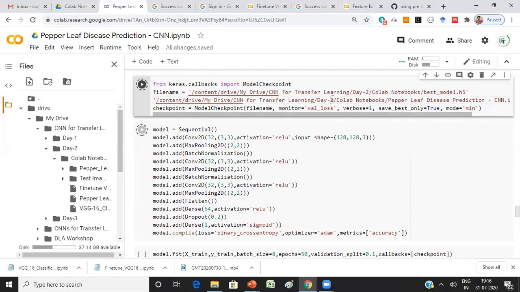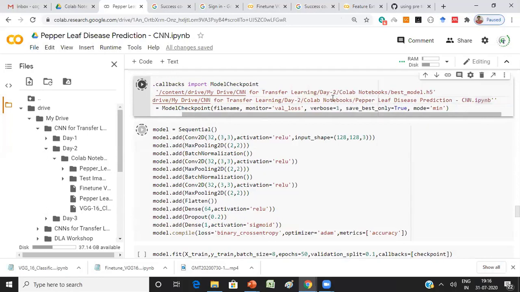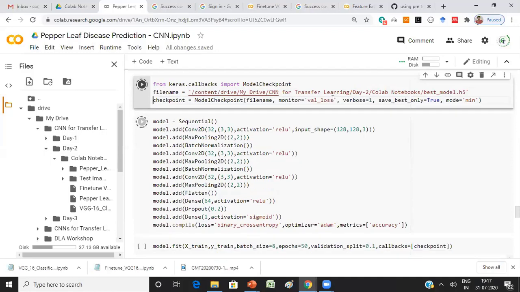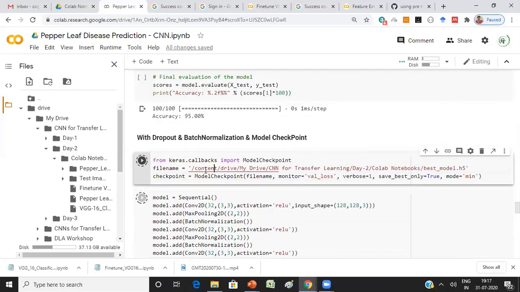So the same path, right? Go to the folder path, madam. This part you just remove. The ipynb file name you remove, and you add best_model or whatever file name you want to give. So in the same folder itself, your best model will be created. You need not create any file as such. You just need to pass that. If you give the path here, later on it will not be a problem. Otherwise, it will be a problem later when loading your best model. So you better select this path and then pass this as the file name.